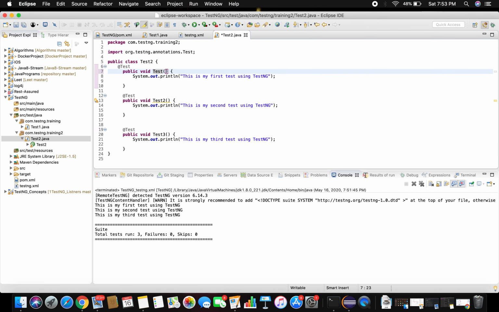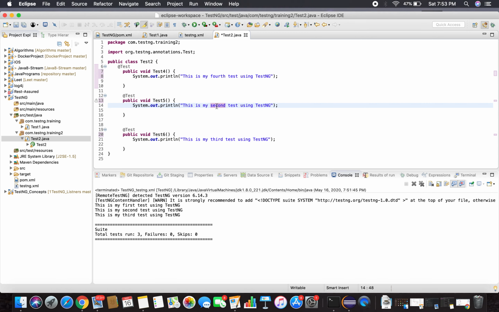I just rename all the methods for our reference. This is my fourth test, fifth, and sixth test case.